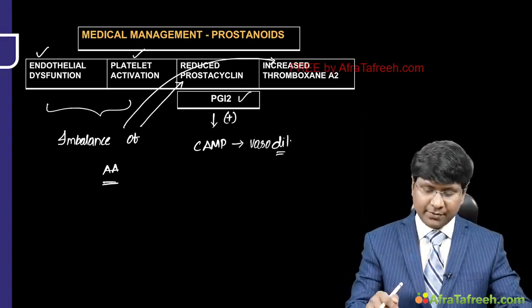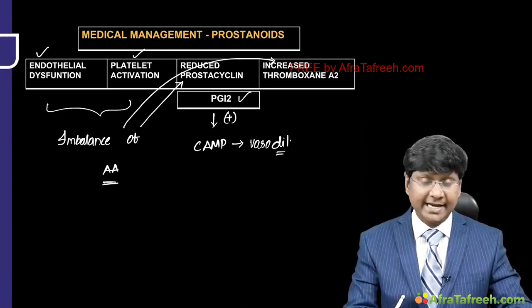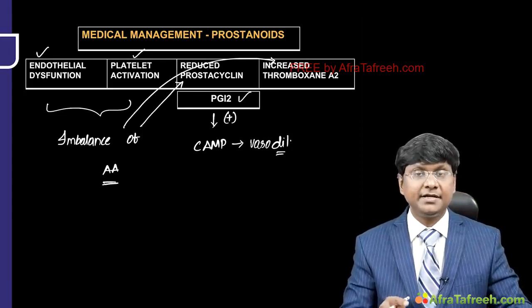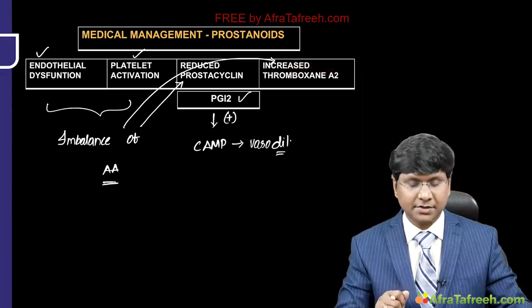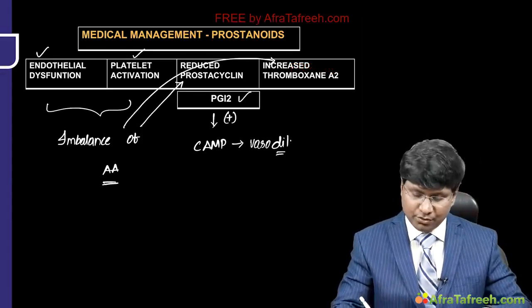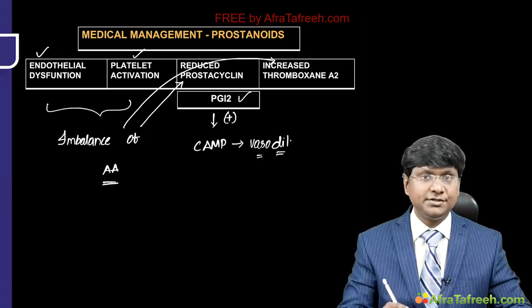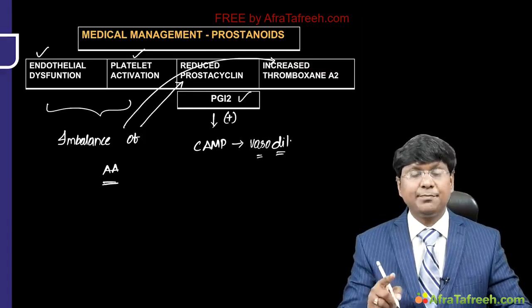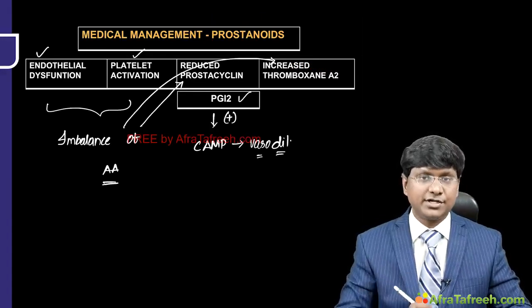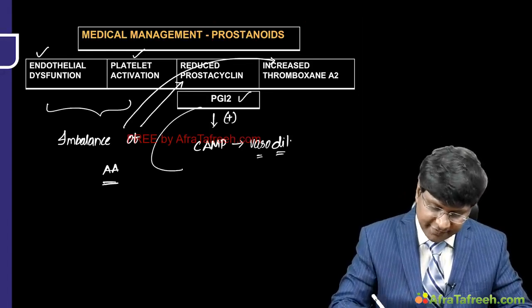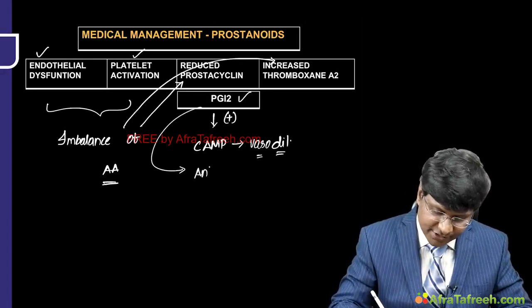Okay, so the PGI2 will activate cyclic AMP dependent vasodilatation. And this PGI2 will not only cause vasodilatation, it also has anti-proliferative effects on vascular smooth muscle. Okay, the other effect of PGI2 is it has